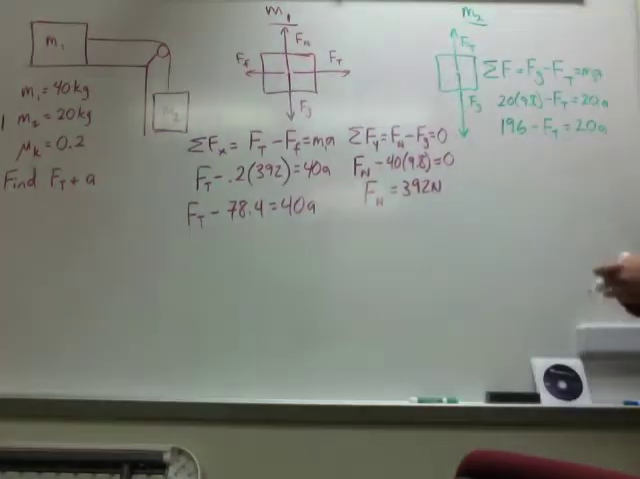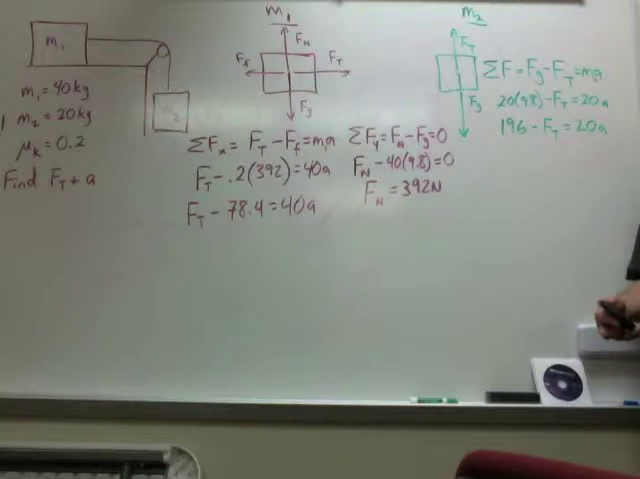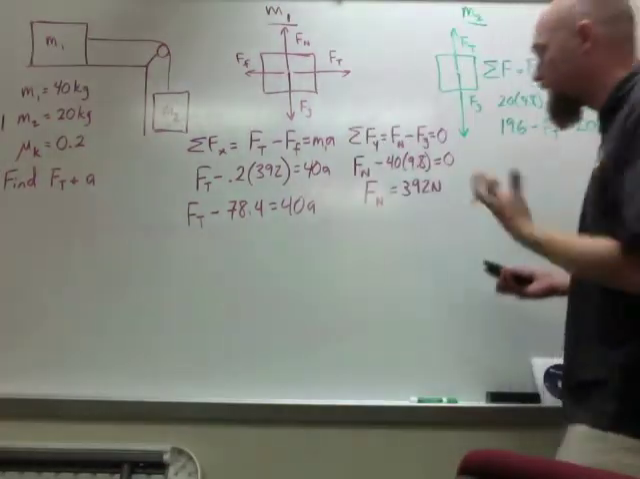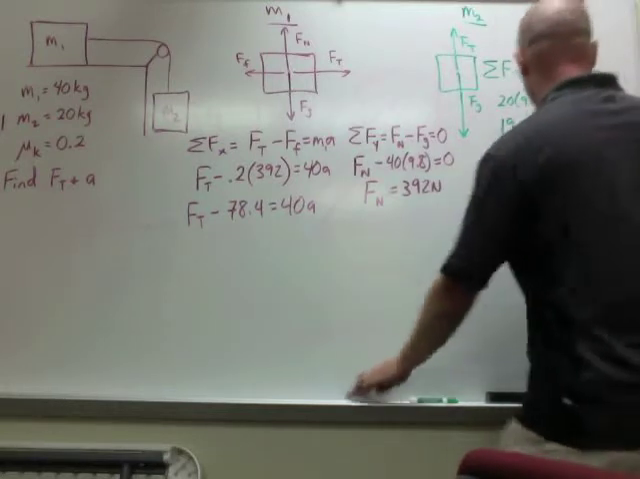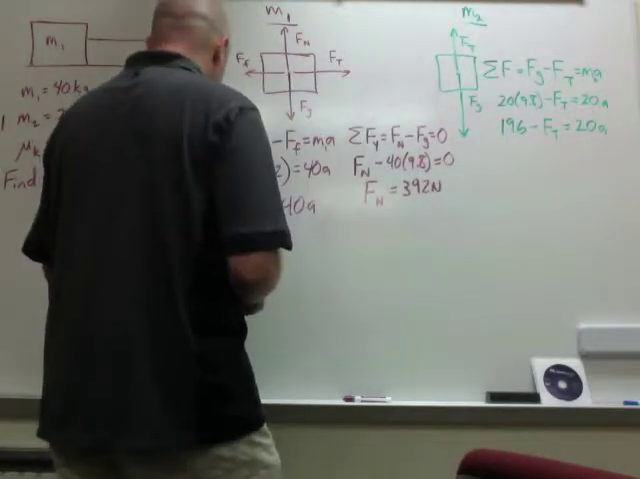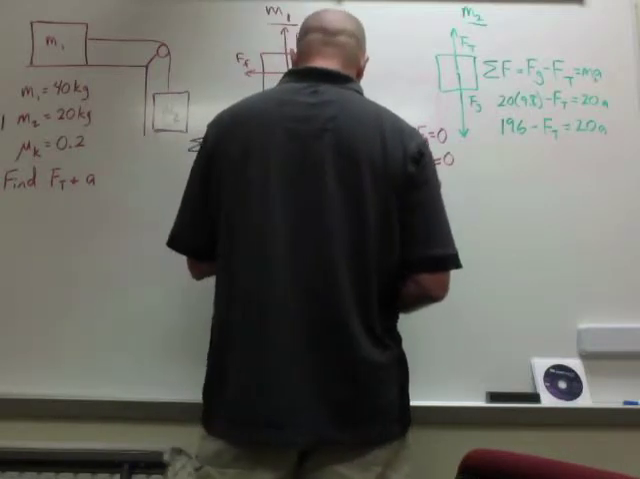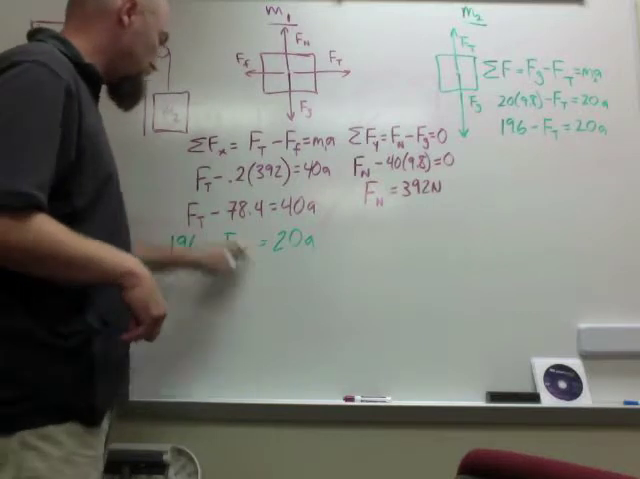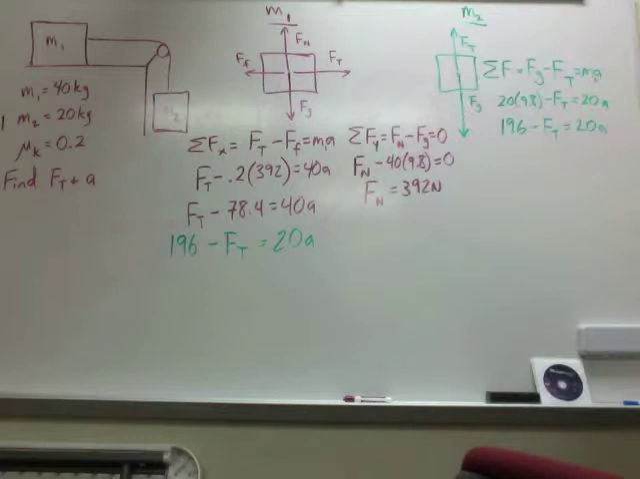So now I have an equation here, I have an equation here. So I have two equations, two unknowns. I don't really care how you go about solving. You just got to be able to solve it. So do some algebra and solve for A and Ft. I personally like to solve it this way, so I'm just going to bring this equation right down here and go, okay, 196 minus Ft equals 20A. So if you add the equations, my Fts will go away, so bye-bye Ft, and I get 196 minus 78.4,